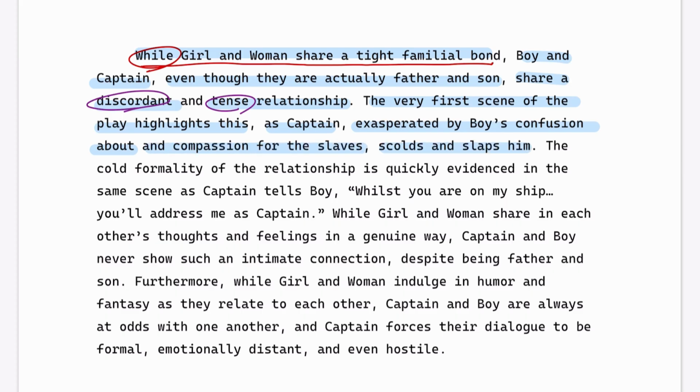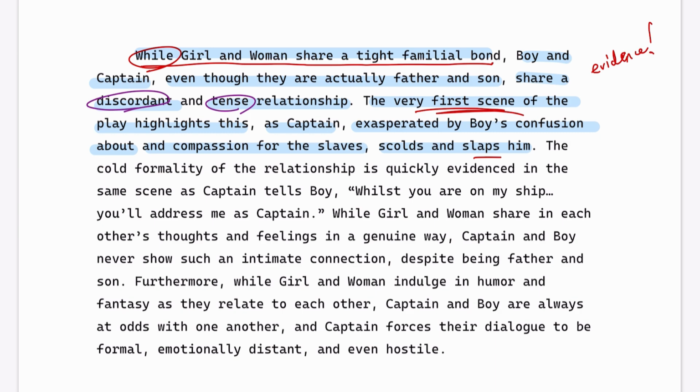So this is all evidence I'm providing, even though I'm not quoting words directly from the play. I am still mentioning specific things. I mentioned that this happens in the very first scene, right? I mentioned how captain feels about boy, about what boy is thinking and expressing, and I mentioned the slap. So I am mentioning specific things. So even if I wasn't able to remember specific words, I am paraphrasing, and I'm kind of telling that story in my own way, while getting into not just what happens, but how it affects characters and how the relationship